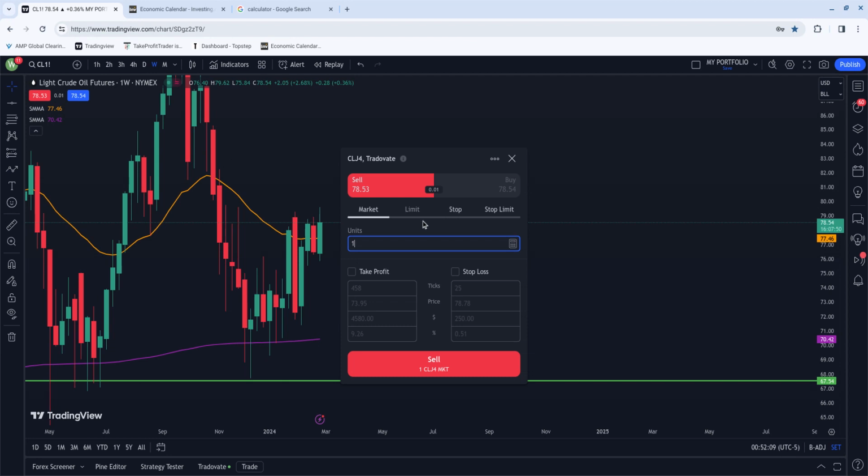Remember, we're not making no market orders. We're only doing limits or stops. So since the market is here at 58.48, look at where the market